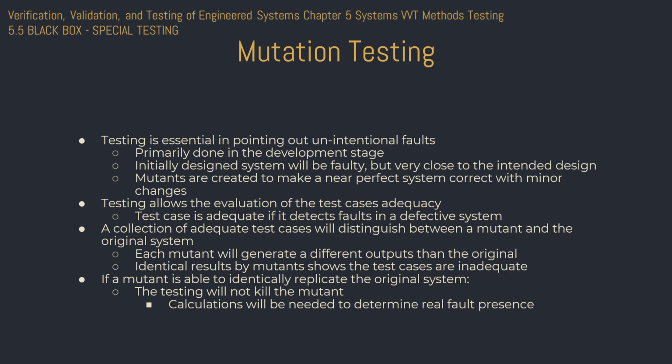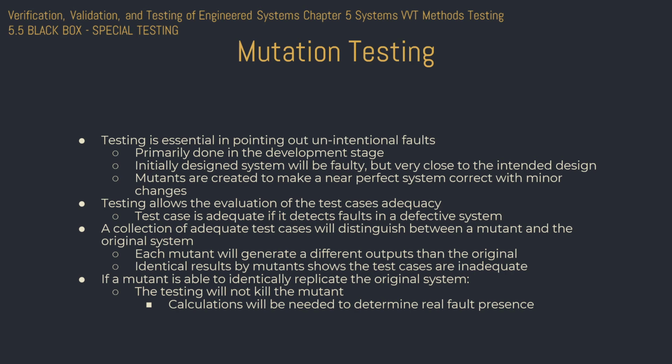Defects fall in a defective system. So if the test case is not adequate, then there's an issue there that has to be addressed. A collection of adequate test cases will distinguish between a mutant and the original system. Each mutant will generate a different output than the original. Identical results by a mutant show the test cases are inadequate. So if we keep getting the same results mutant after mutant after mutant, something's wrong with the test case,